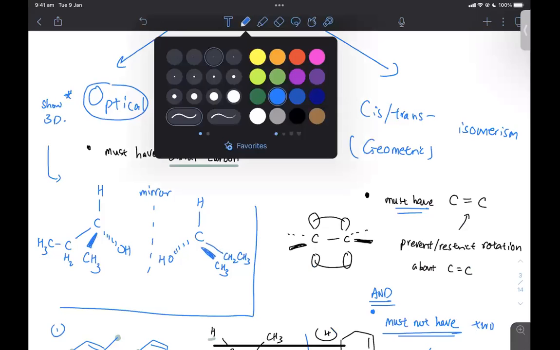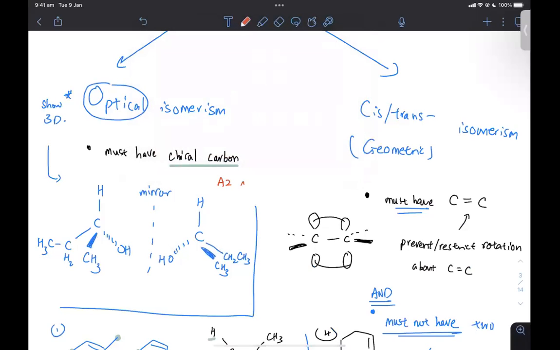You will learn in A2, amino acids. Amino acids are also chiral except for glycine, because you have an amino group. So CO2H, that is the carboxylic acid group. This is the amino group. This is the H group. This is the R group. Glycine is an amino acid where R is the same as H. So there is no chiral center, but otherwise, apart from glycine, you will always have optically active amino acids